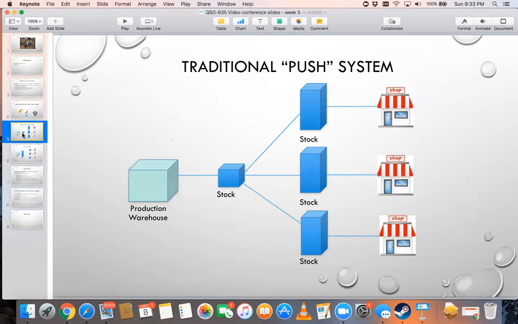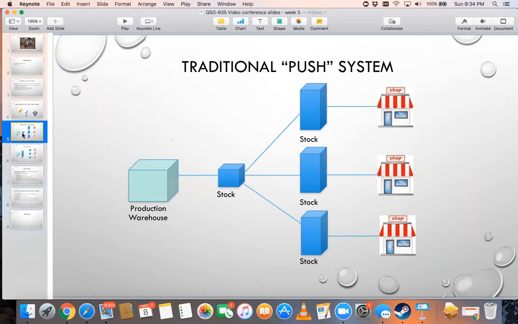And this is how a push system works. The manufacturer benefits from putting stock as close to the retailer as possible. They use that to mitigate fluctuations in demand. If you put as much stock as possible by the vendor and the vendor pulls from that stock, you just have to monitor that giant stock sitting there to determine when you replenish. And you have a little bit of stock, I guess you call it a safety stock, at the production warehouse to provide for